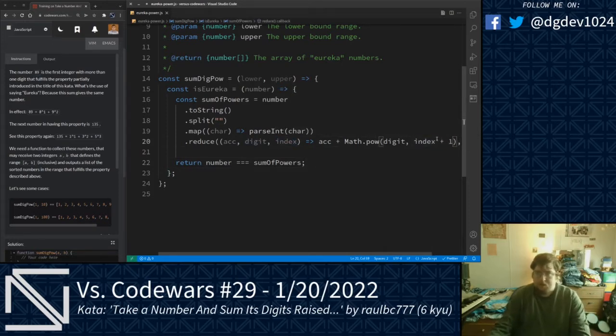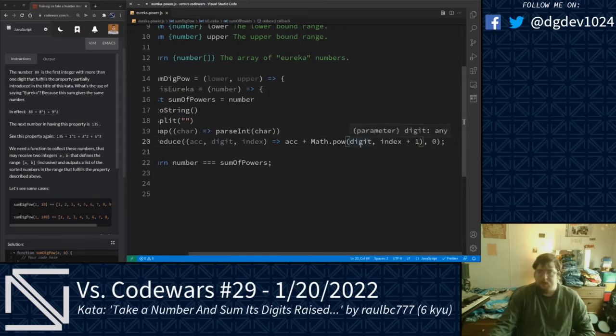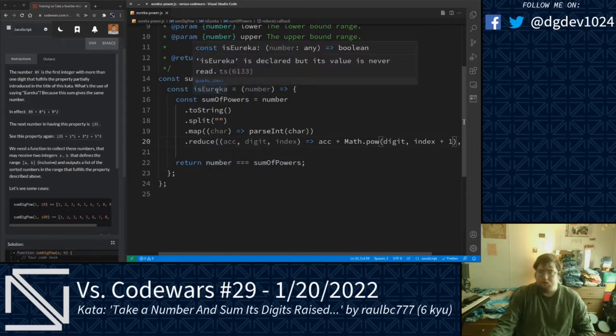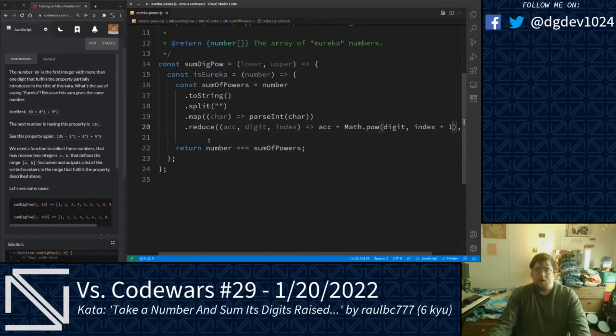We take the accumulator and we add to it the return of the Math.pow function, taking the digit as its first argument and the index plus 1 for the exponent here. So we're raising digit to the power of index plus 1. We add that to the accumulator right here as we said before. Now we take that resulting number and we check to see if it's equal to the number that we pass in. If it does, we return true because that is what we call a eureka number. Alright, let's go ahead and